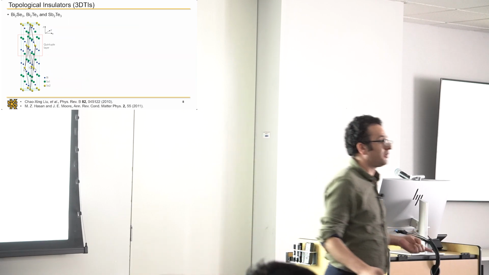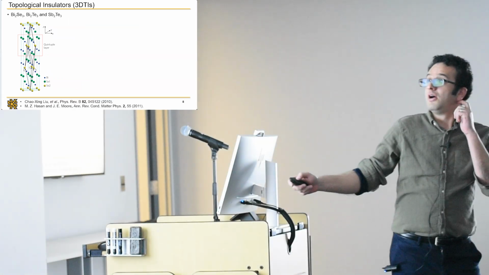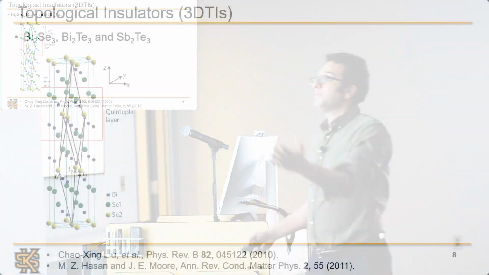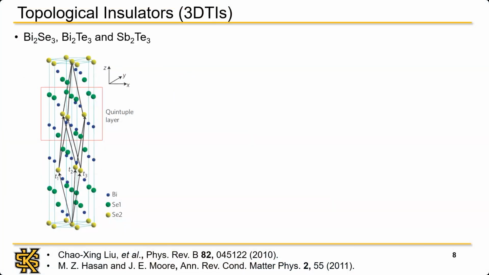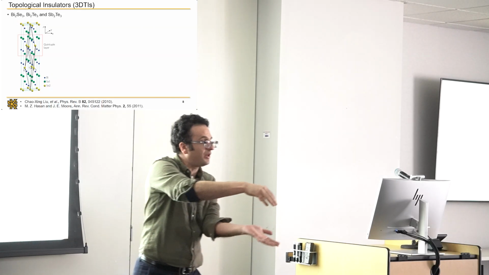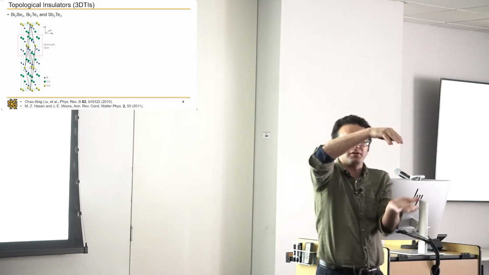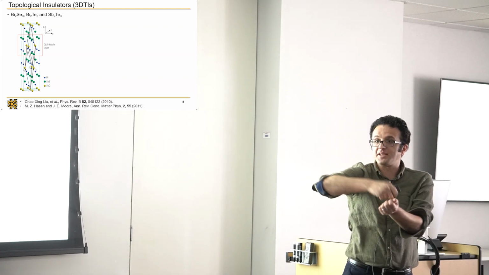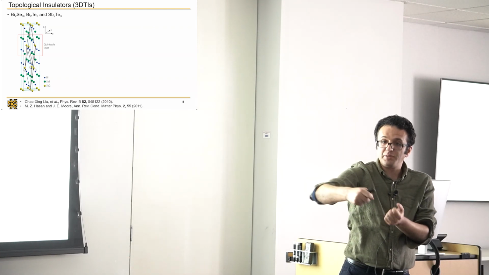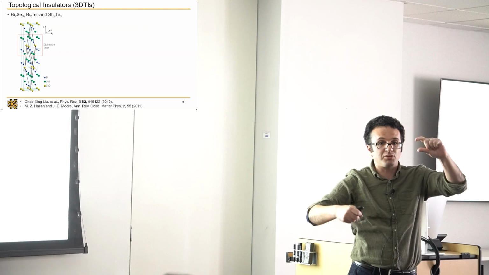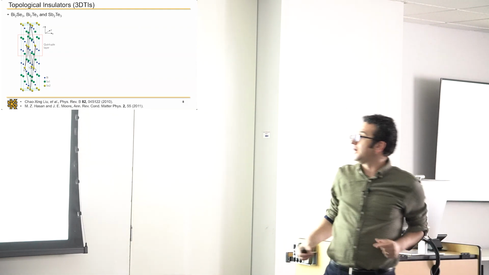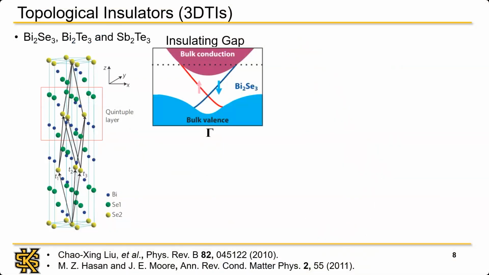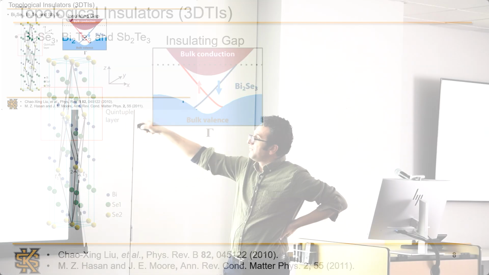So topological insulators have been found in the family of bismuth selenide, bismuth telluride, antimony telluride, and these materials are usually made through quintuple layers that are strongly bound, and then each quintuple layer is coupled to the next one through van der Waals. So they are still materials that can be exfoliated, right? Because you have van der Waals. So every 5 layers are strongly coupled and the other ones are weakly coupled. They can be stacked.